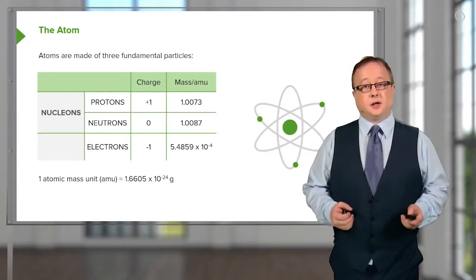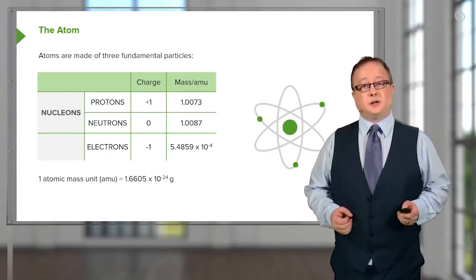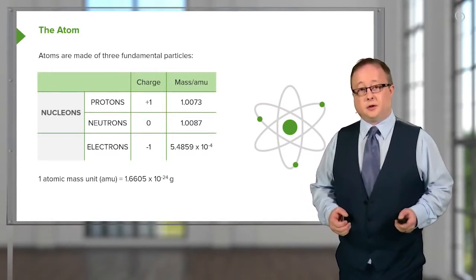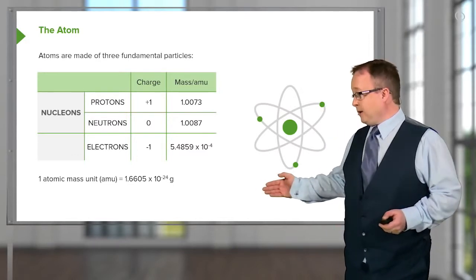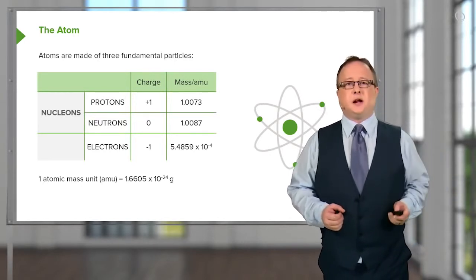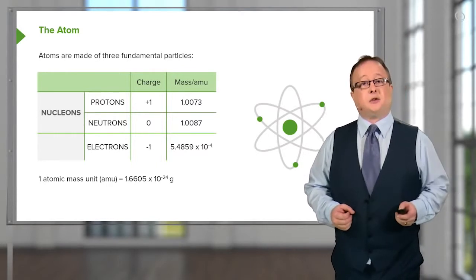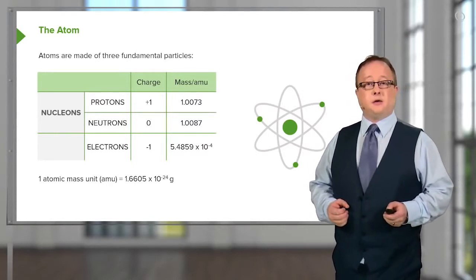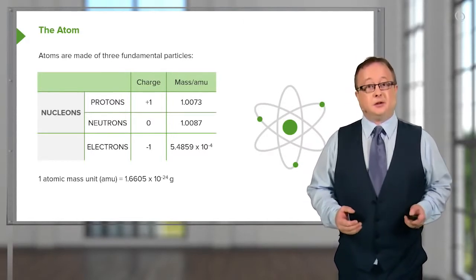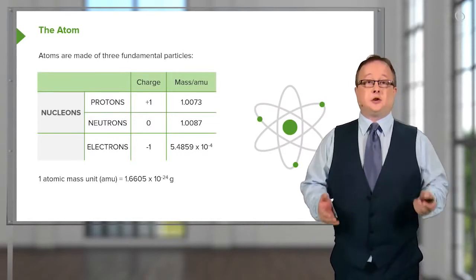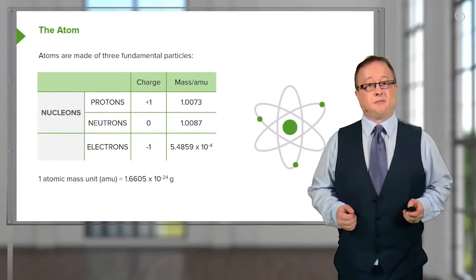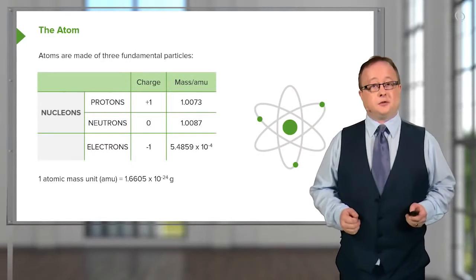1 atomic unit, as you can see at the bottom of the board, is given as 1.67 times 10 to the minus 24 grams. And what is worthy of note, if you look at the table, is the third entry, the electron. Electrons have a charge of -1, but they have a substantially smaller mass. The mass of an electron is given relative to an AMU of 5.48 times 10 to the minus 4. However, the reality of this in kilograms is that an electron has a mass of 9.11 times 10 to the minus 31 kilograms. So very much smaller than those nucleons.